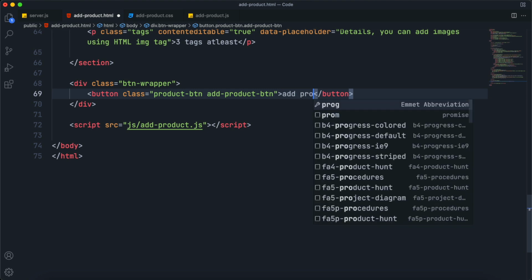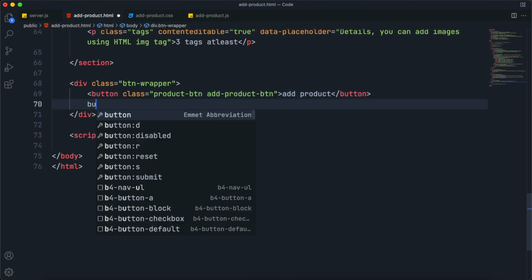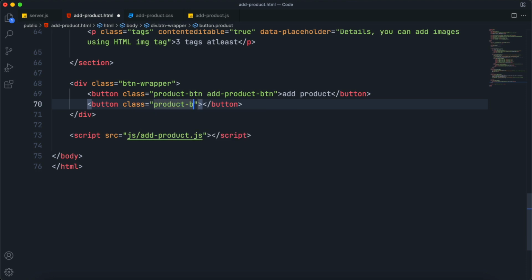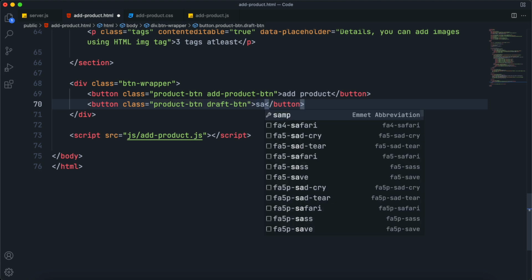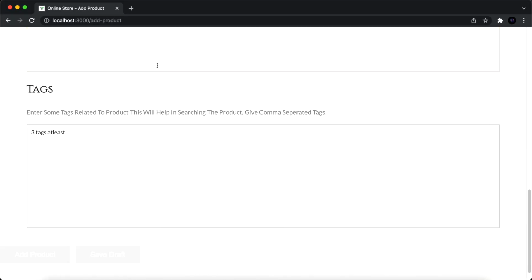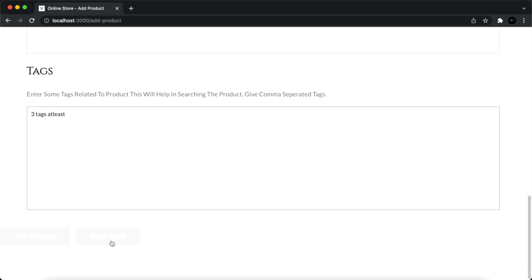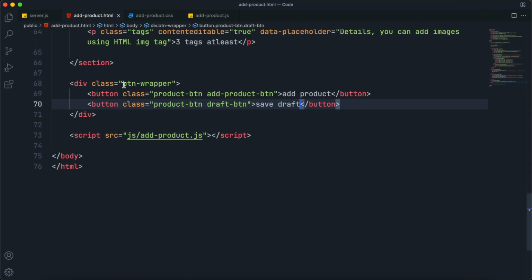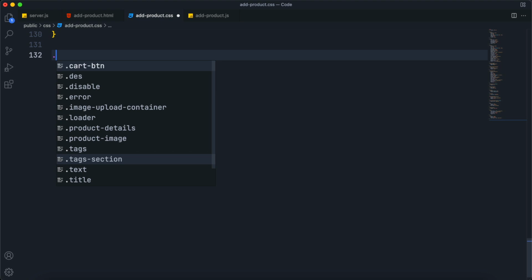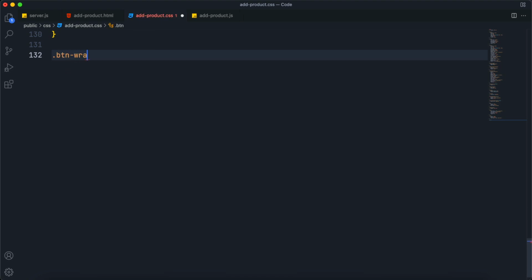This will be a specific class. Make another button, again give it a class product-btn which is common, and draft-btn which is specific to this button. And then you can give it a content, say save draft. You can't see it because it is pretty grayish. So first style them. So select the btn-wrapper